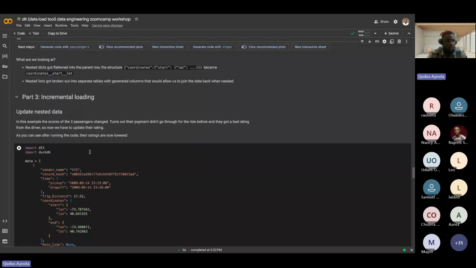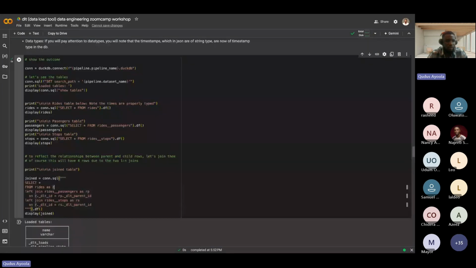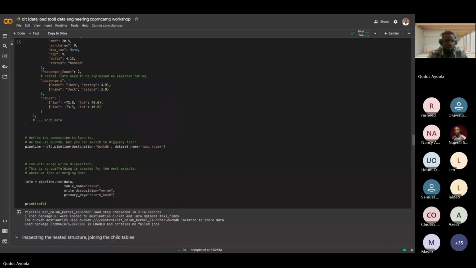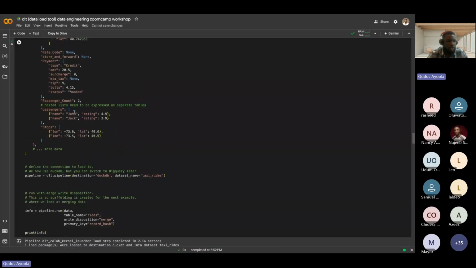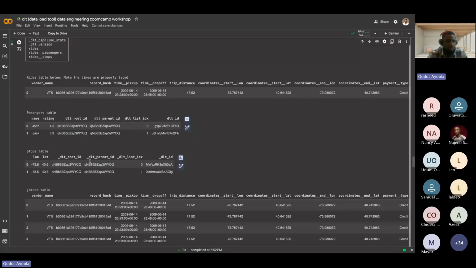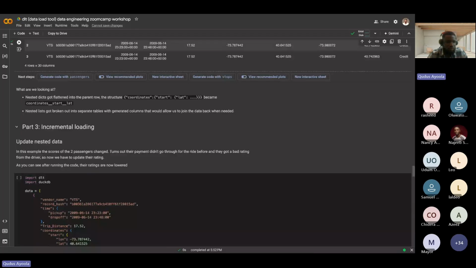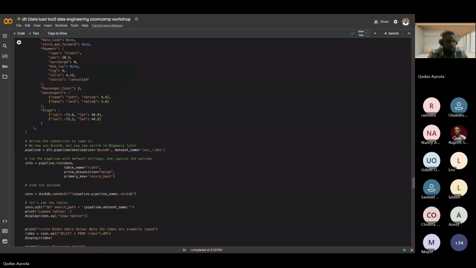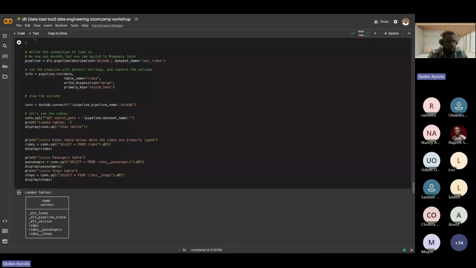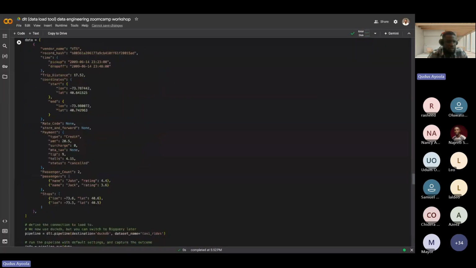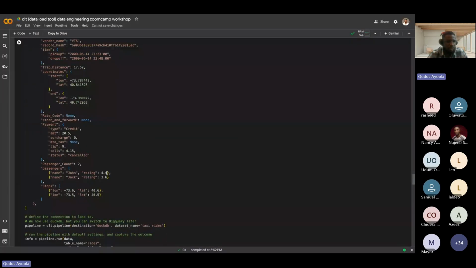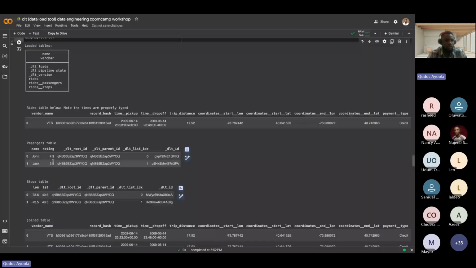And what did we have in our former data here? We have status as booked. So in our new record, it changed to cancelled. Let's see, what else did we change? So let's just track that for now. And I think there are other things we changed, which is rating. So rating here is saying 4.4 for John, and for Jack 3.6. Let's see the rating that we have here. So rating here for John is 4.9, and 3.8.